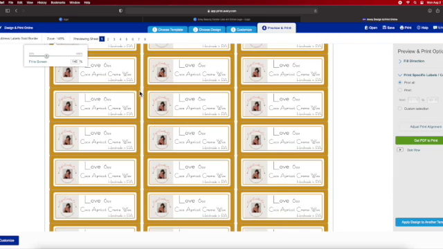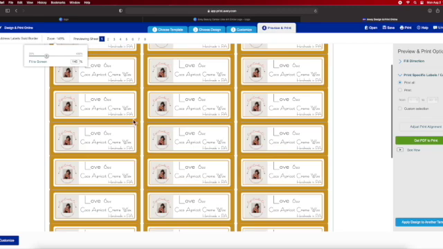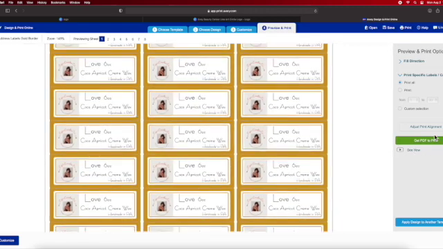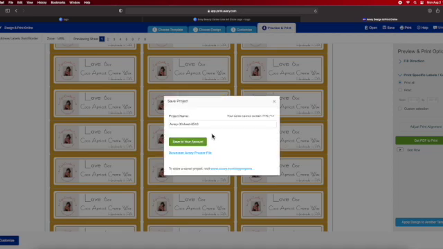So all you do now is peel the label off and then put it on your vessel. So after that, you can come here, get PDF to print. You click on that, and then they say we strongly recommend that you save your design before continuing to prevent losing your work. So you click on save, and then you can modify this as love